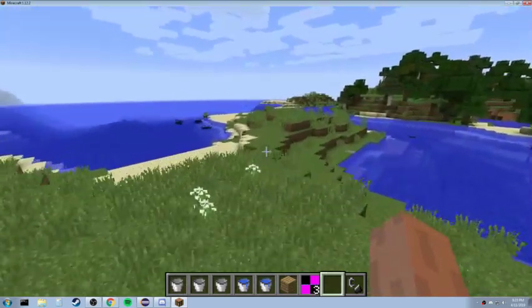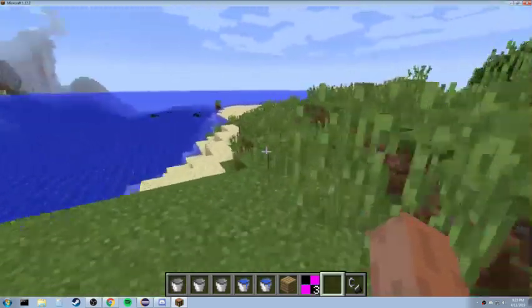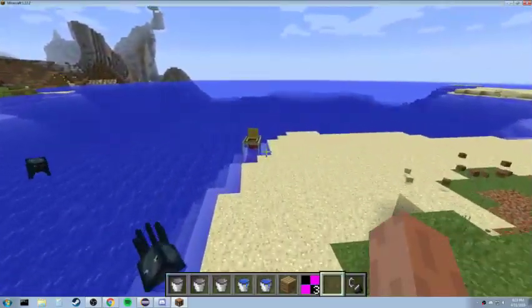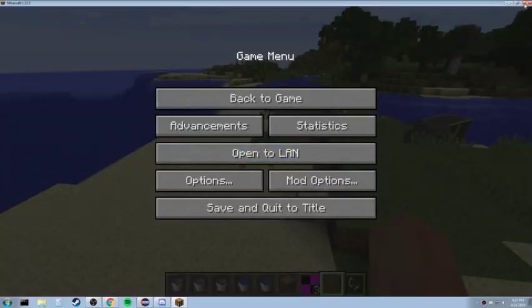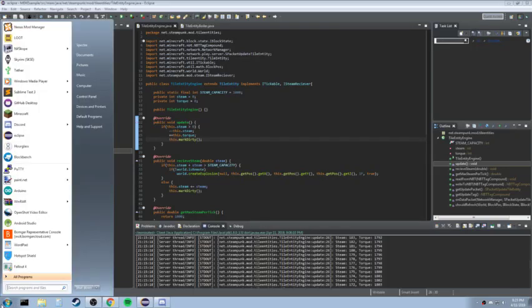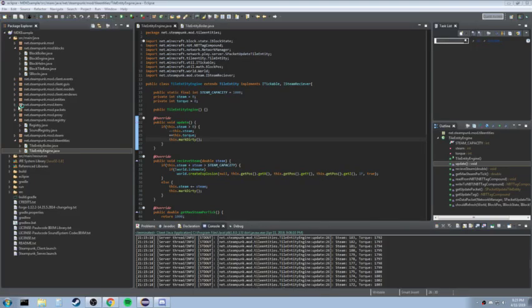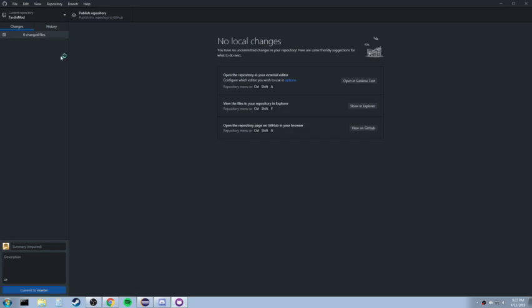So yeah, I think I'm probably gonna call it there because I don't have a lot more to do. And I have work in the morning. So, tomorrow I'll probably work on making it,